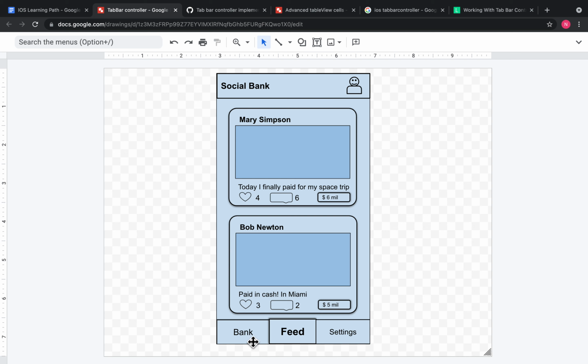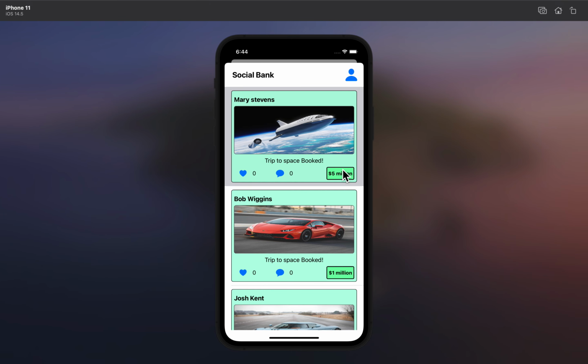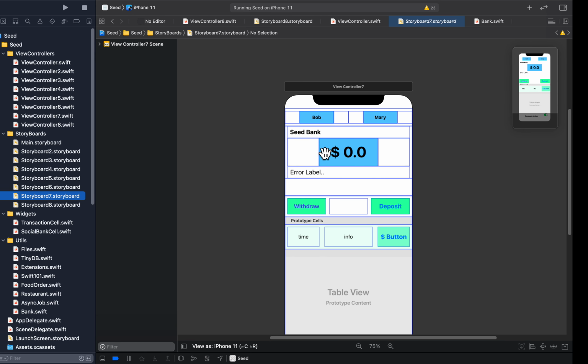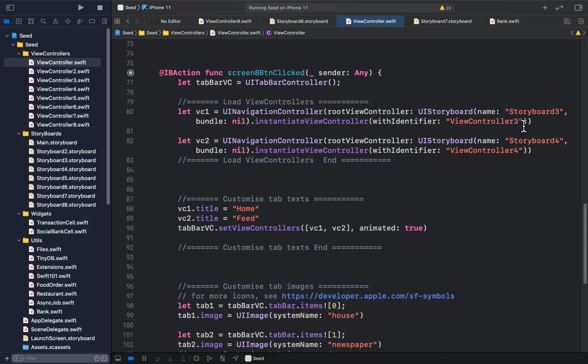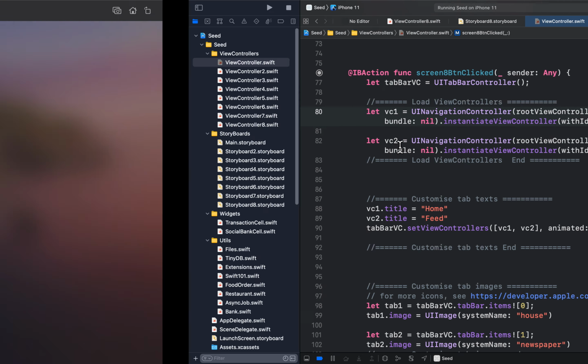So for the first one, it's going to be a bank. So let's specify this to be our view controller 7, which is the one that holds the banking page, the actual banking, not the font social. So that will be view controller 7 and storyboard 7. So I'm going to change this to storyboard 7 and view controller 7. Okay, and then the second one,